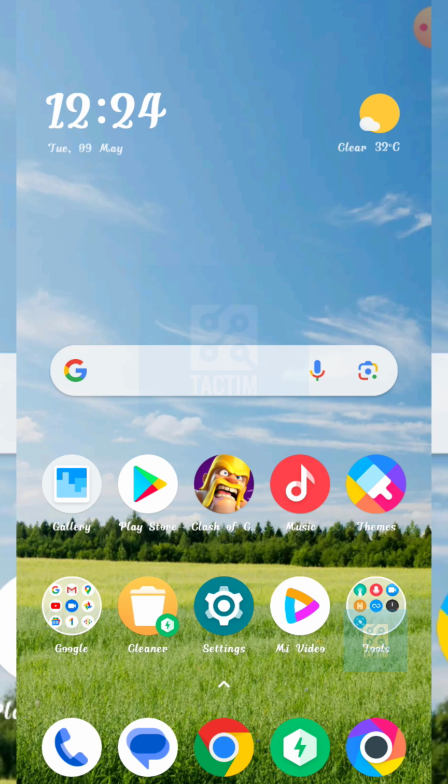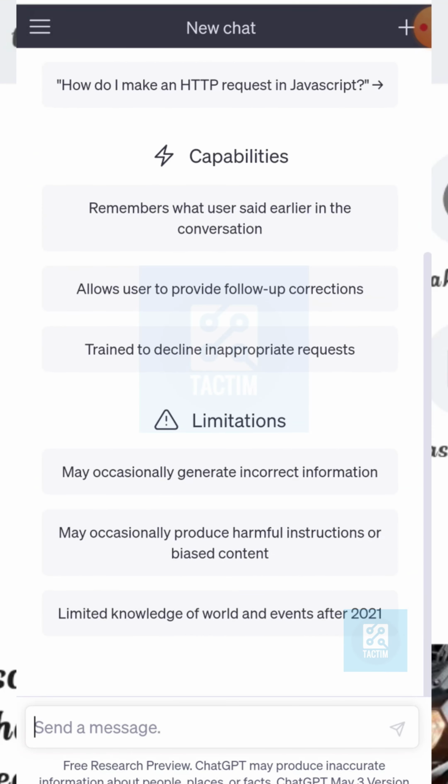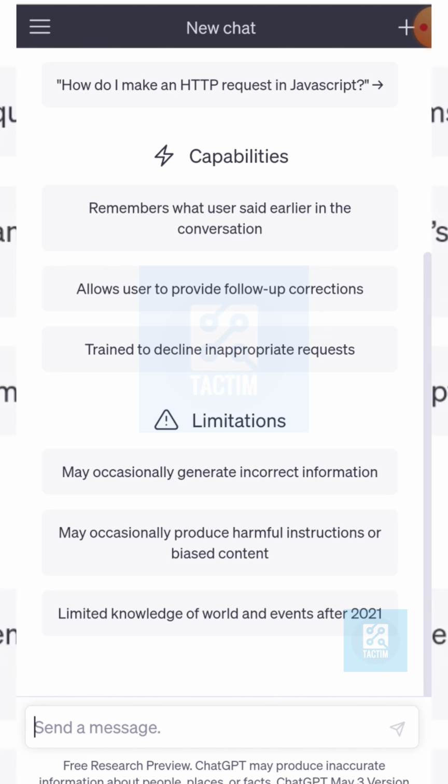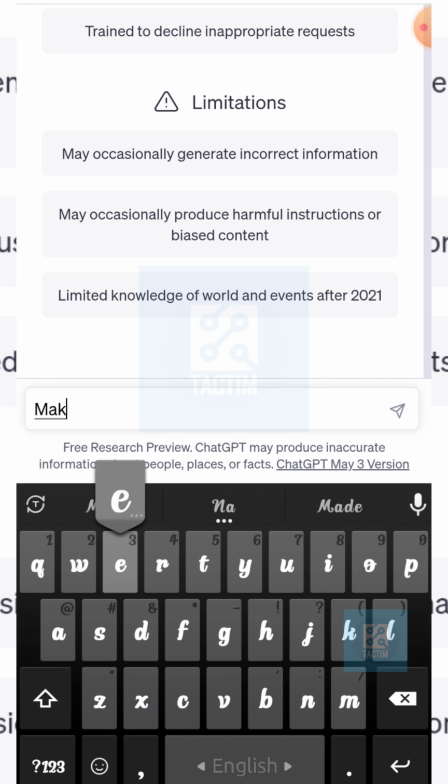Today in this video, I'm gonna show you how you can make a countdown website using ChatGPT. So at first, just go to the ChatGPT website. Make sure you have an account in ChatGPT. Now in the bottom search bar, search for make a countdown